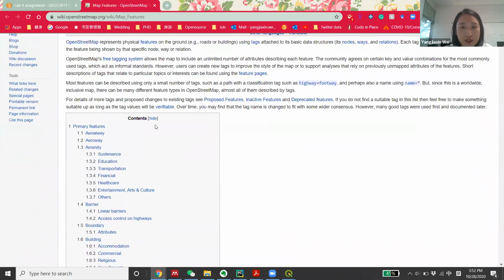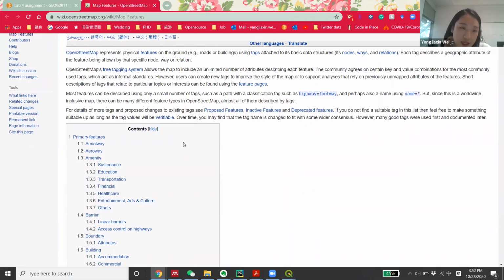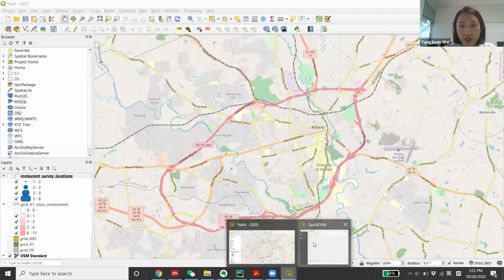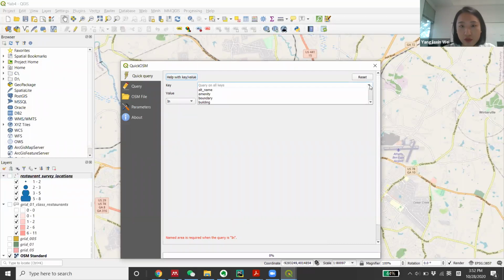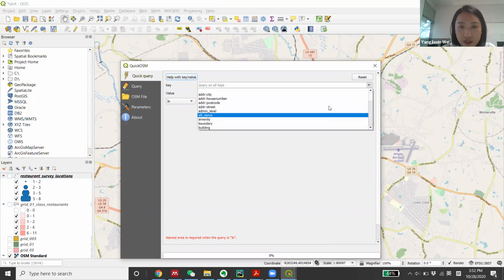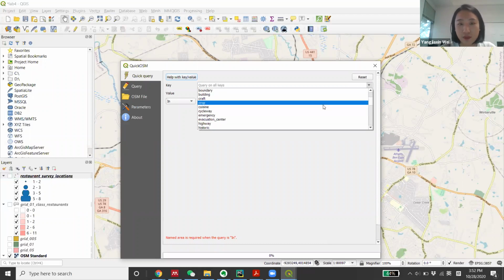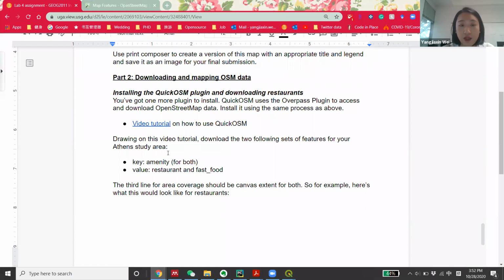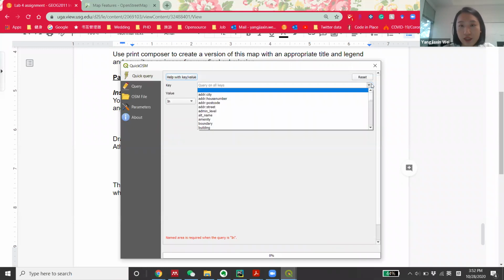So basically the keys here, you can understand them as bigger categories. If we go back to QGIS and click the drop down of keys, we have big categories like city, postcode, building, amenity, and highway. And for this specific lab, we're going to download restaurants and fast food data, and they are under the amenity key. So here under key, we will choose amenity,